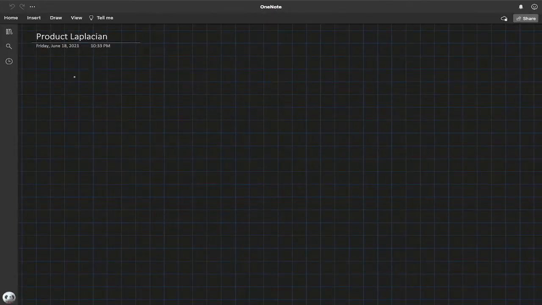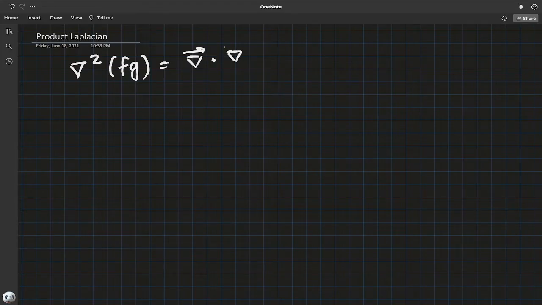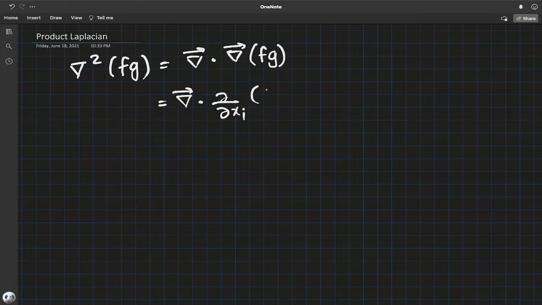First identity we shall concern ourselves with is the Laplacian of the product of two scalar fields. So the Laplacian is the divergence of the gradient of both of them. Now we can use a subscript summation convention here to have the divergence of, writing the gradient as this differential operator, fg